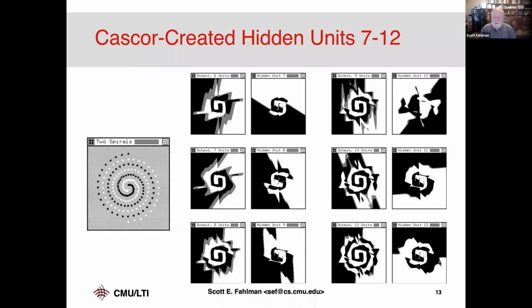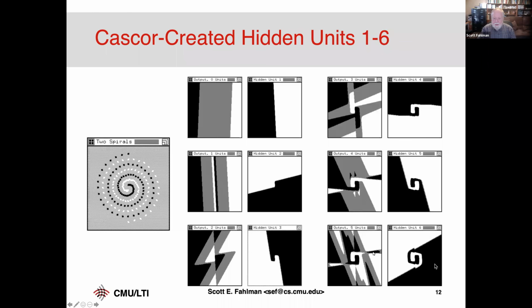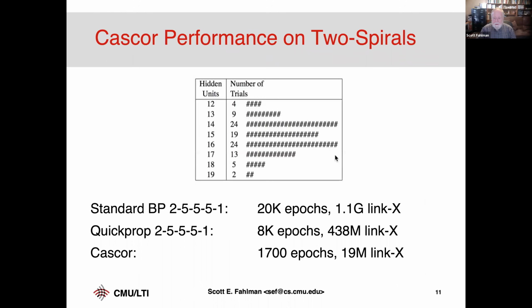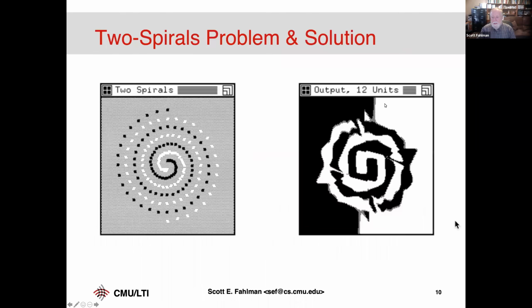In going from 7 to 12, now it's starting to grab. It's always symmetrical because it's a symmetrical problem and there's nothing to pull it away from that. But you can see it's starting to grab patches now. Okay, but it's doing better and better. And eventually you get to this approximation to what you really want.